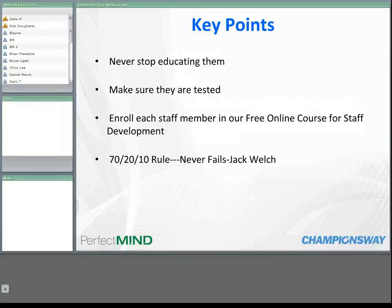And it just works. This is by Jack Welch. When you're trying to develop staff, this is a really simple rule. 70% of them are basically going to go one of two ways. They're either going to become the 10% or they're going to become the 20%. So if you have 10 staff members, 7 of them are either going to become a member of the 20% or